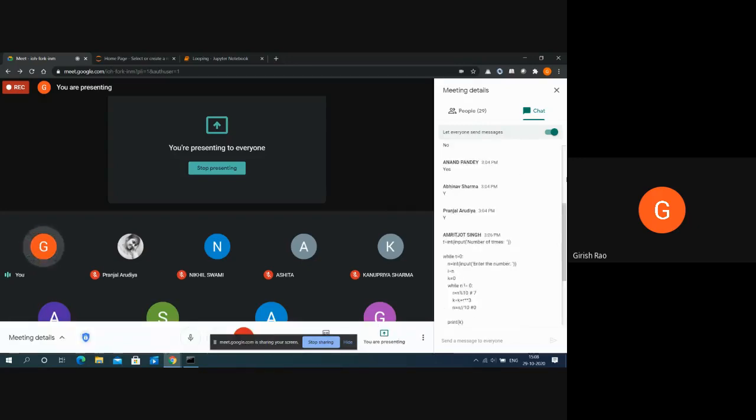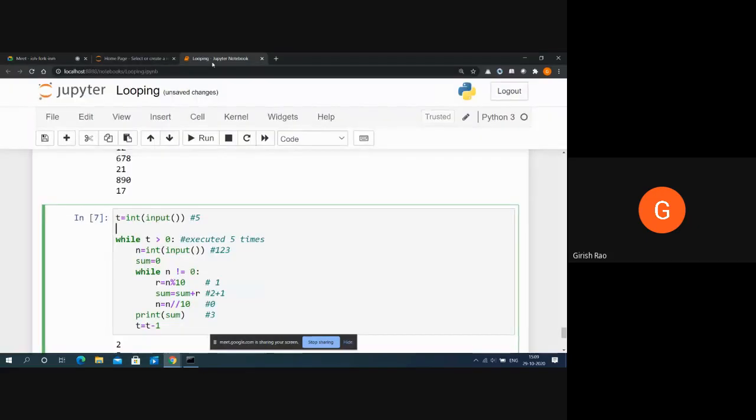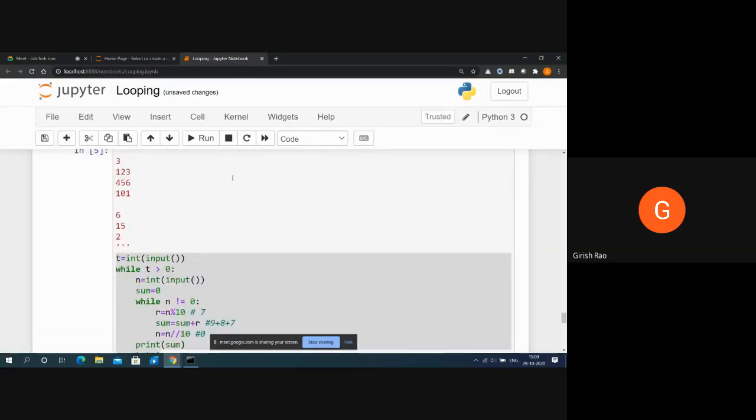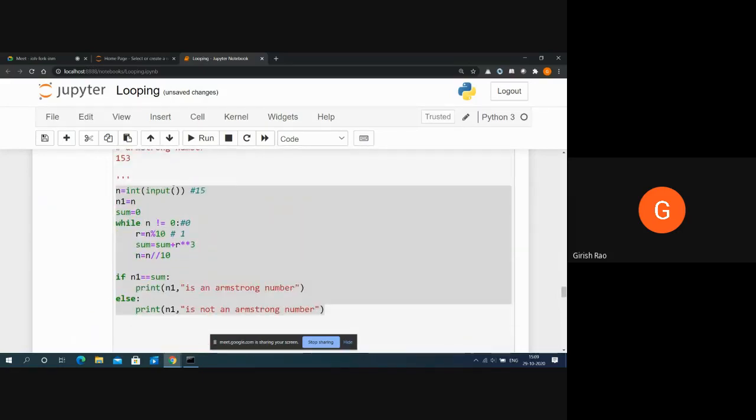I guess one student has done it. You are supposed to accept the Armstrong number and implement it using a test case. Let's take the Armstrong number into consideration.